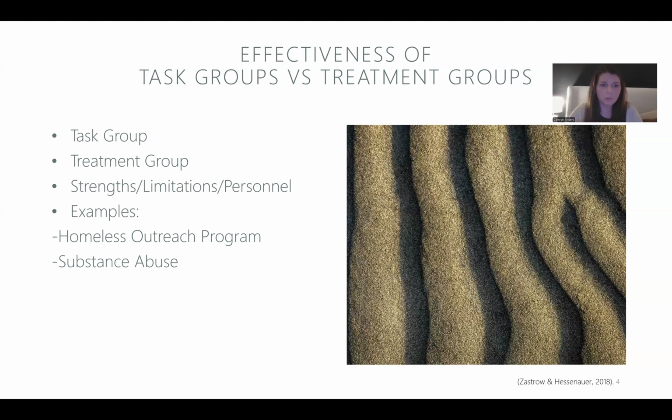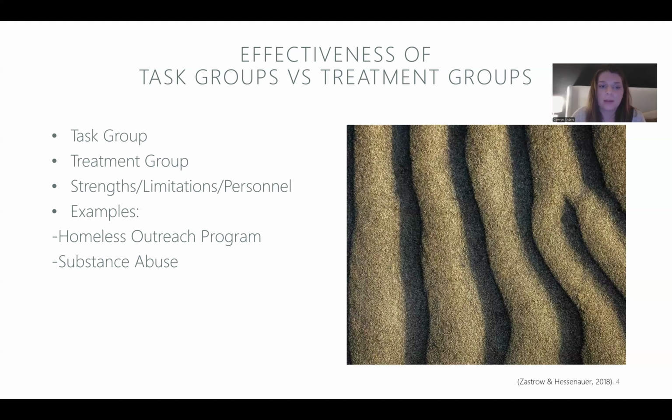For example, a task group might be organized to implement the agenda for rolling out a homeless outreach program, as I've listed here, which comes with a lot of to-do lists and a lot of policies and formal documentation to follow. I actually want to add to the homeless outreach program different tasks. There might be subcommittees within that program that talk about funding or city approval or marketing efforts or policy action to really roll out the homeless program.